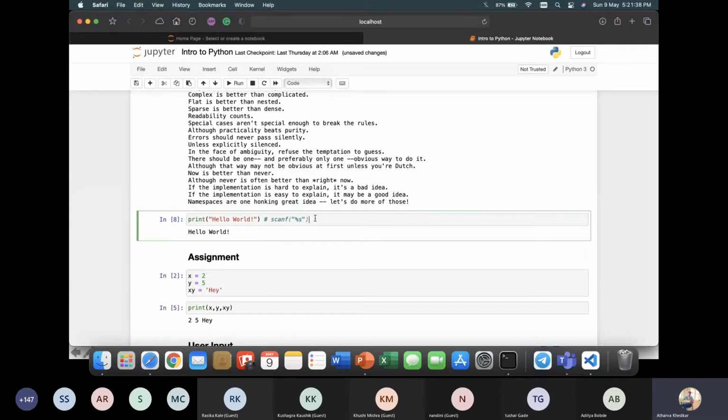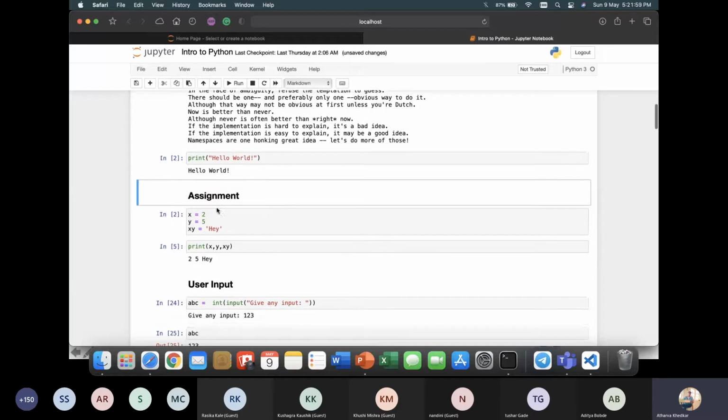But in Python, okay, sorry, that's for inputs. For printing, there is printf, there is cout for C and C++, and for Python you can just write print and hello world. So this is your hello world program.